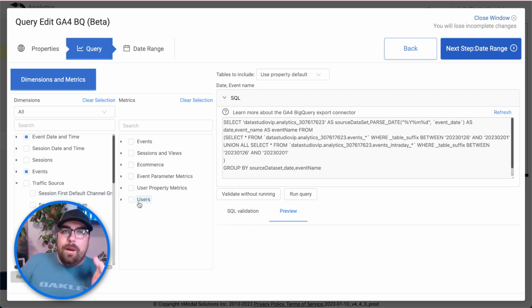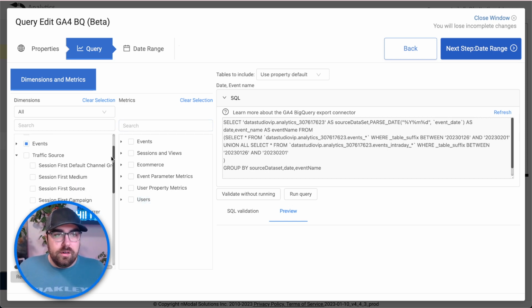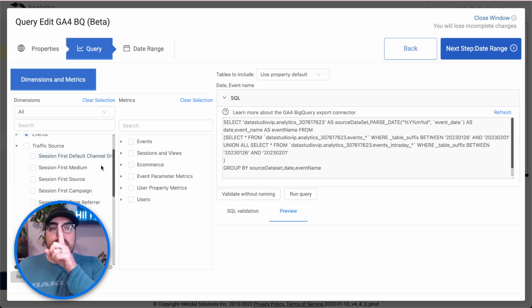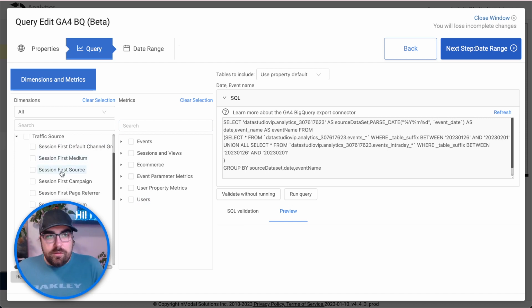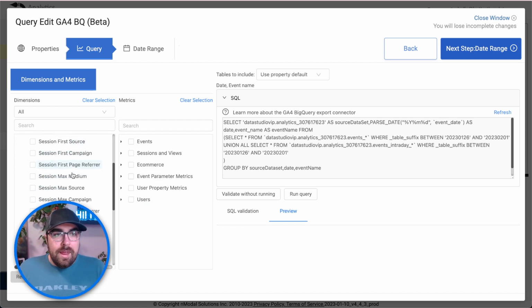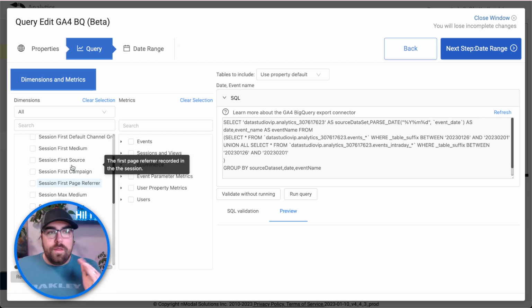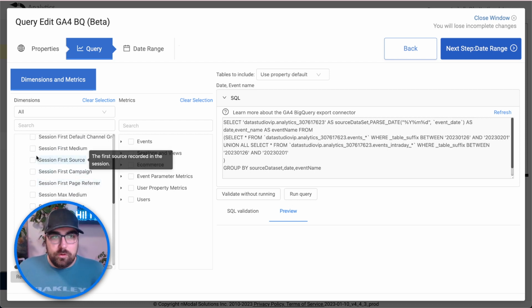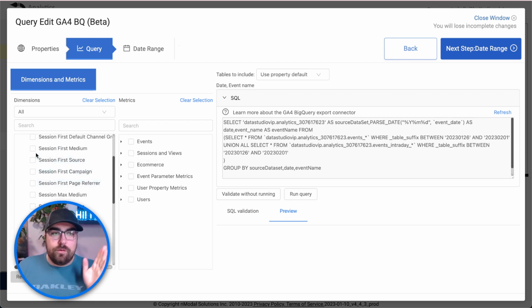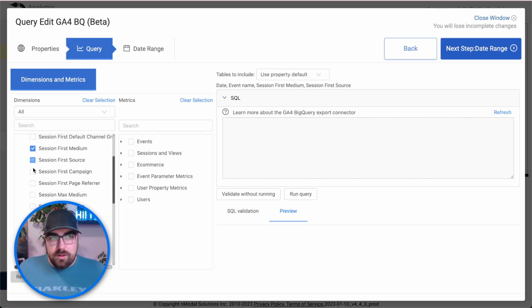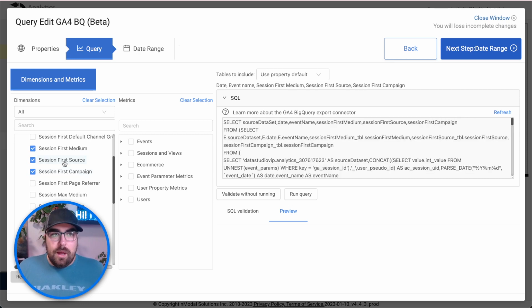A unique thing about BigQuery is that because you can have things over multiple days and you can have multiple session source and mediums, you have to decide what the logic is going to be used for that. So what you'll see here, right above my head, is session first source, session first medium, and session max medium. What the difference of these is, which is super sweet, is it's pulling the first source for that session ID. A little bit convoluted, a little bit complicated, but I'm just going to pull these in